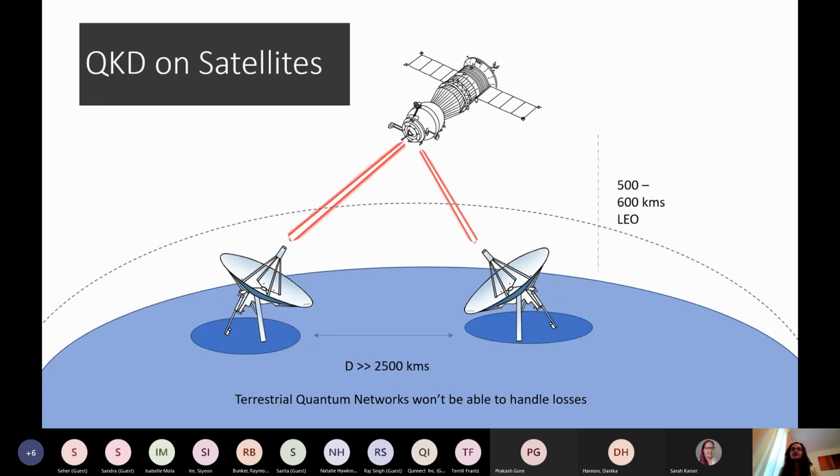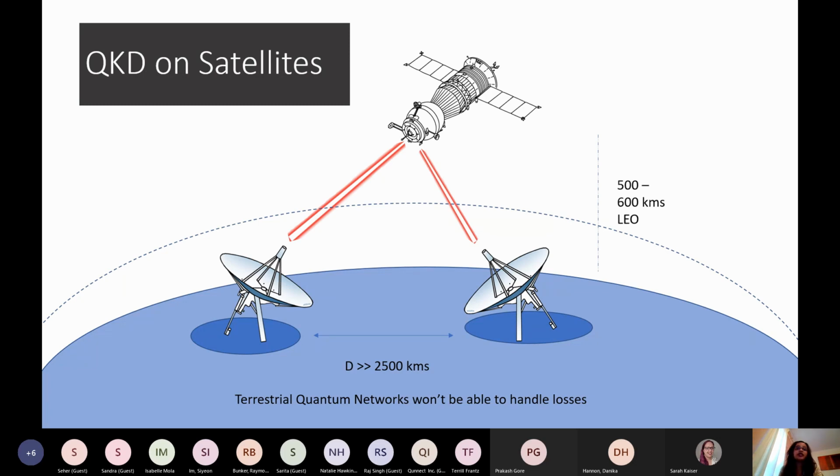Now, how can we actually do that? Basically, if we send the satellite onto a LEO orbit, which is around 500 to 600 kilometers above the ground level, and we remember that the distance of QKD is around 500, 600 kilometers maximum with fibers, so we're not really increasing the distance between the satellite and the ground stations. What we are doing is effectively reducing the distance between 2 long distance separated countries. So in this case, the photons are mostly traveling through free space.